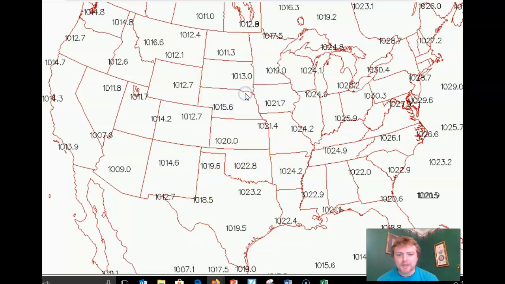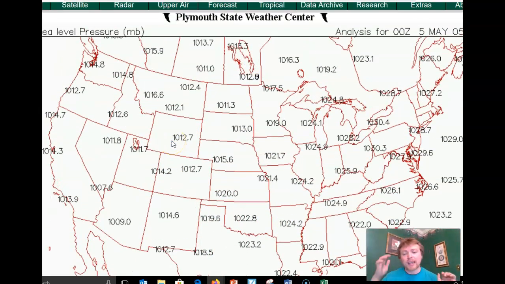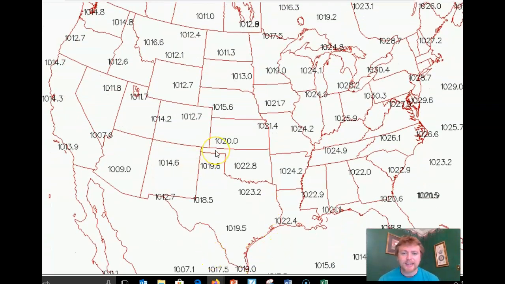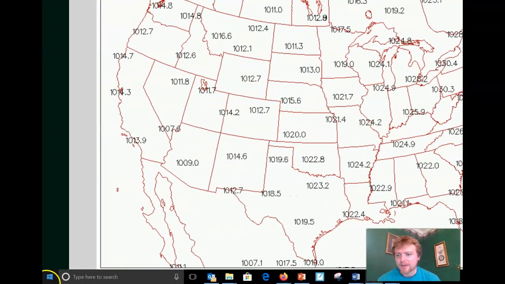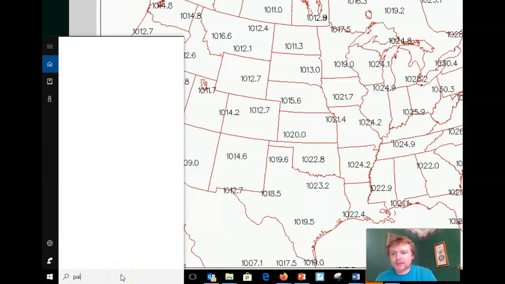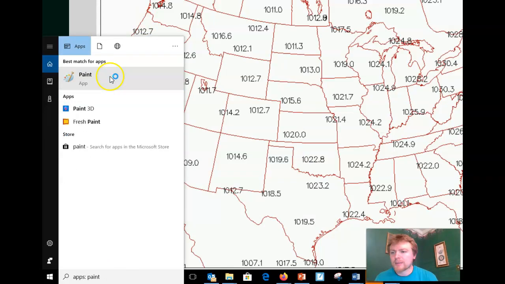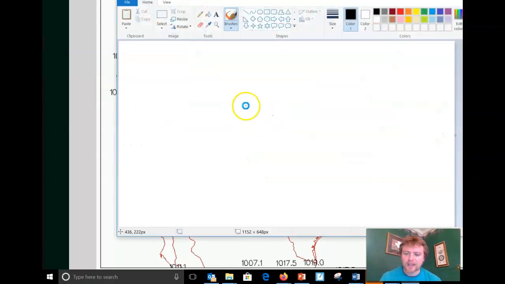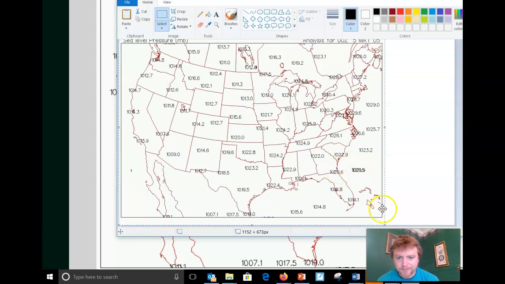What I'm going to do, now you could print this and you could write on it. If you don't have printer access, I don't want you to have to redraw the entire thing. So what I'm going to suggest is that you take this and open it up in something like Microsoft Paint, or some sort of sketching thing. So now that I put this in here, and I can even adjust it some more if I wanted to,